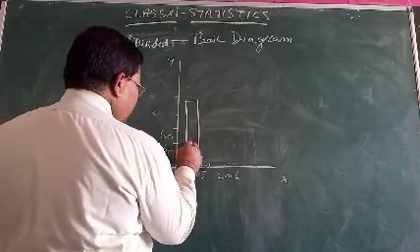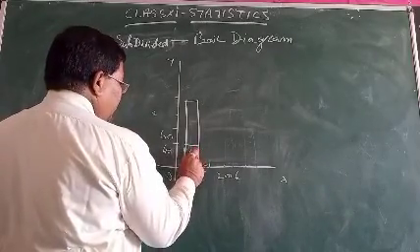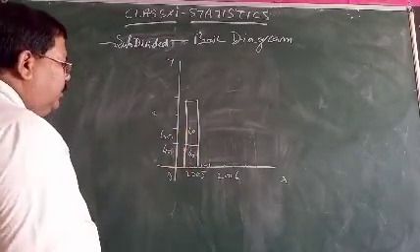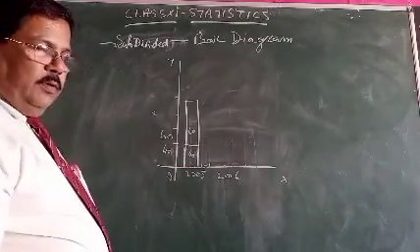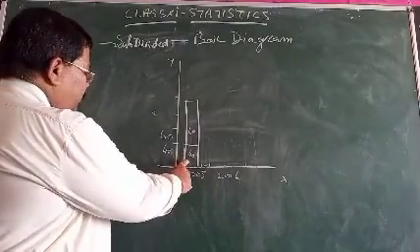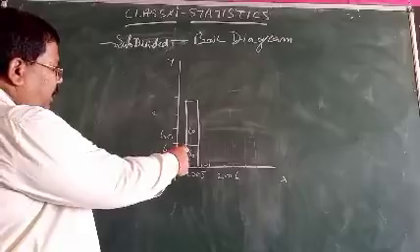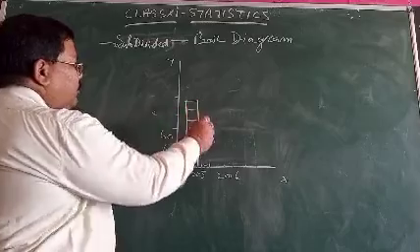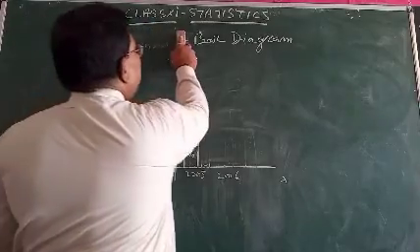Then we can divide this bar in two segments. This is 40 and this is 60. In a single bar, we will in this way be able to represent the production of both commodities in a single year. This is the production of pulse, this is the production of wheat. The single bar is divided in two parts. We can divide it according to the commodities in 3 parts, 4 parts and so on. So that is why it is called subdivided bar diagram.